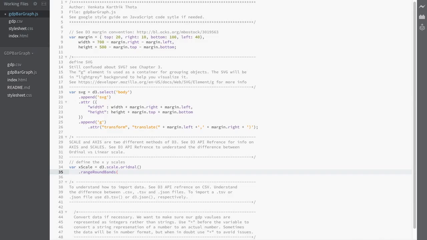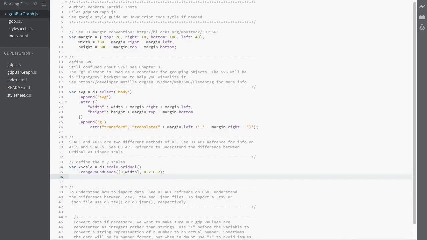We're going to specify that it's going to be from 0 till the maximum width value, and I'm going to pass in two values here that define the spacing between each of our bars. If you don't understand this, it's always a good idea to check out the D3 API reference